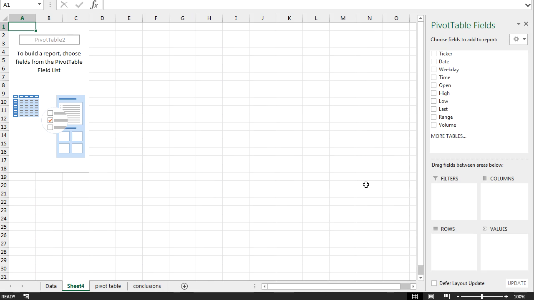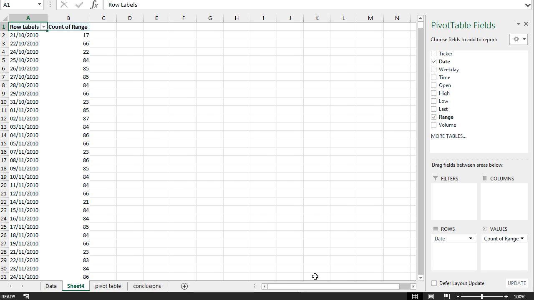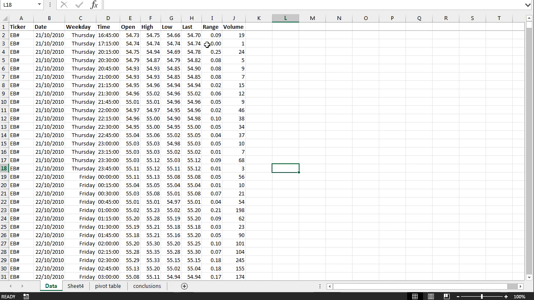Just thinking of what to do here. So what we've got to do is rows by date, and we can do anything. We can do range, and we just do count of range. So what that will do is count the number of times range is present,